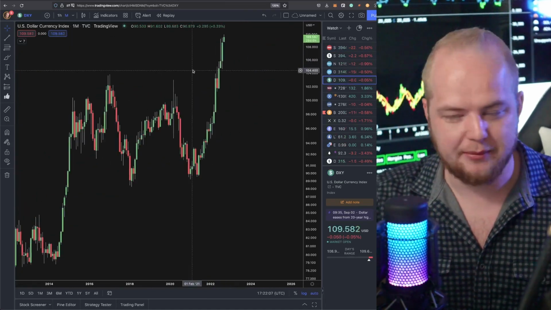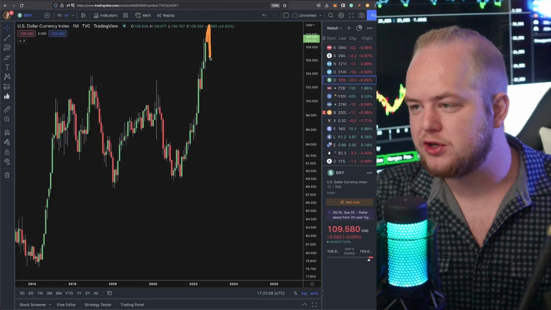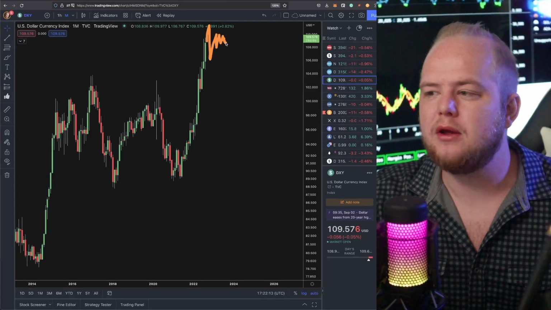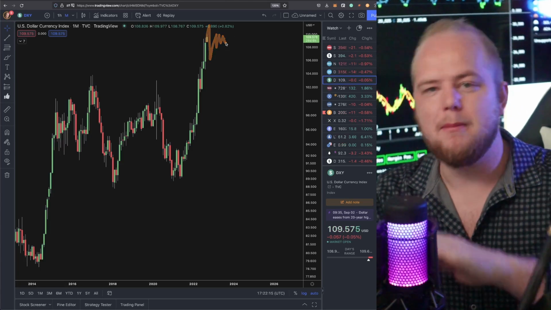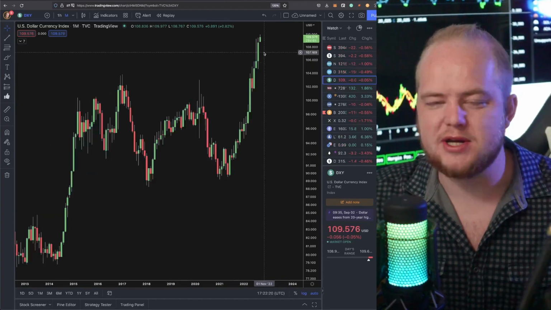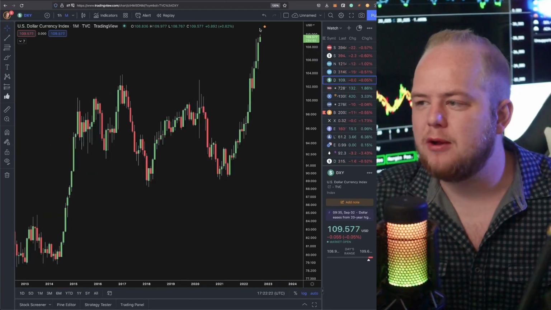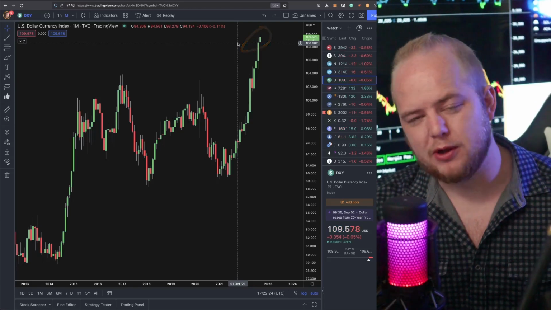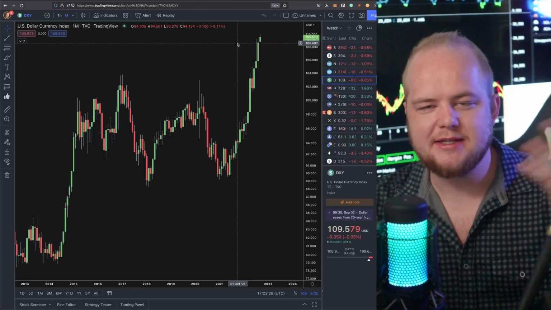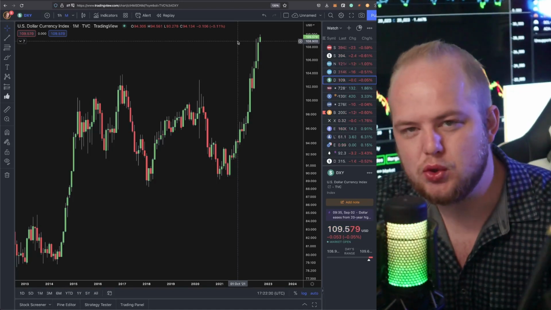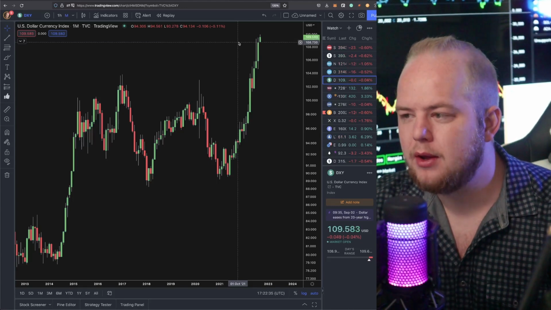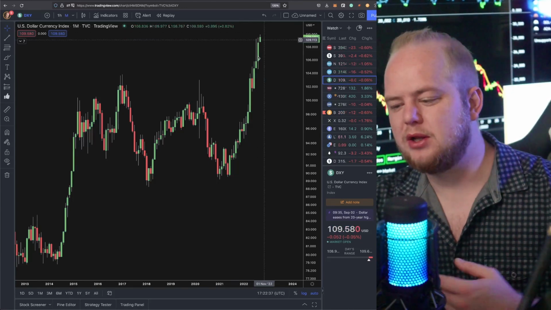So that's what we need to see. We need to see multiple months of rejection and sort of just lingering in a certain area. And that's when we know that cash will be flowing back into crypto. So right now, there's no sign of this stopping. And if you're going to bet against the US dollar index, you're just making a blind bet, hoping that you're going to catch some exact top. It's very risky to bet against an asset with momentum, right? It's very risky to do that. We have to get some sort of clear signal here.